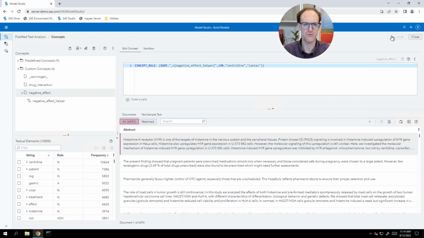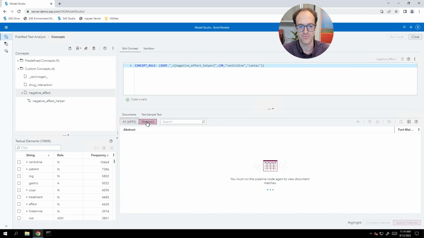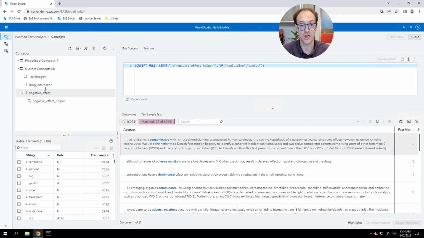It takes just about a minute for this concepts node to run with all of the new concepts that we've added. So we can click Matched Text here and look for matches for our negative effect concept.